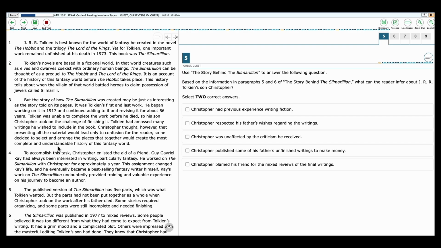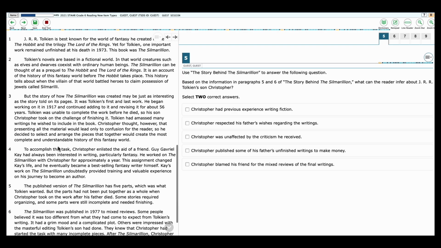In that world, creatures such as elves and dwarves coexist with original human beings. The Silmarillion can be thought of as a prequel to The Hobbit and The Lord of the Rings. It is an account of the history of this fantasy world before The Hobbit takes place. This history tells about when the villain of that world battled heroines to claim possession of the jewels called the Silmarillion. But the story of how the Silmarillion was created may be just as interesting as the story told on